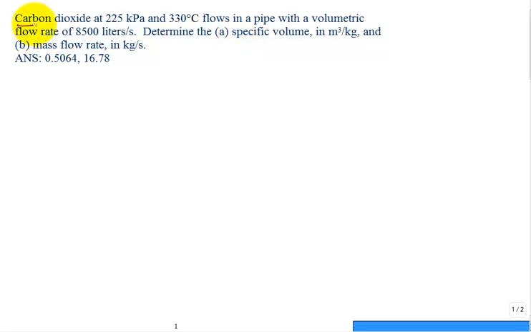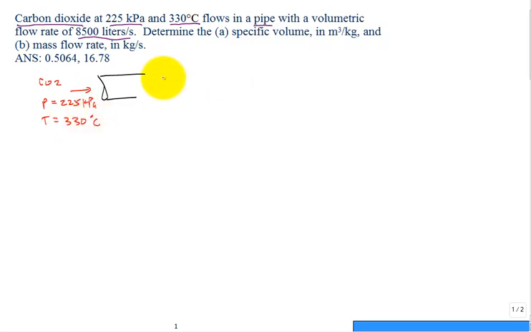Carbon dioxide at 225 kPa and 330 degrees C flows in a pipe with a volumetric flow rate of 8,500 liters per second. Determine the specific volume in meter cubed per kilogram and the mass flow rate in kilograms per second. So we have some sort of pipe, and we're given information that it's the CO2 at a given pressure, 225 kPa, and temperature of 330 degrees C,